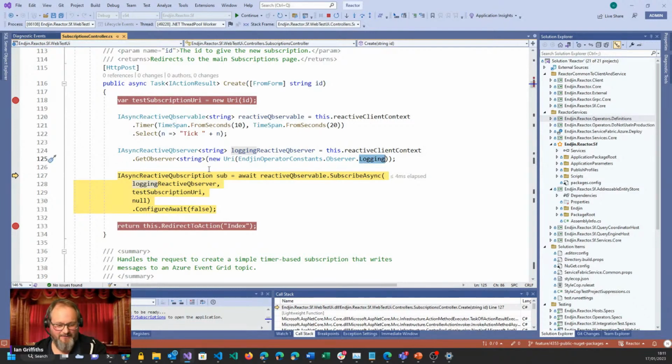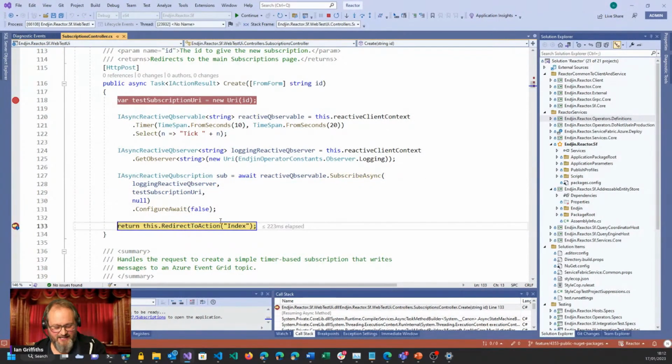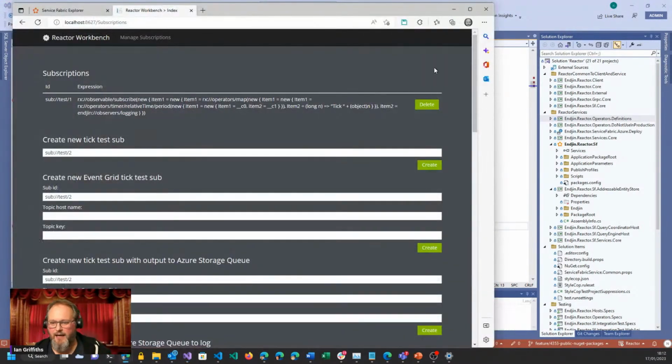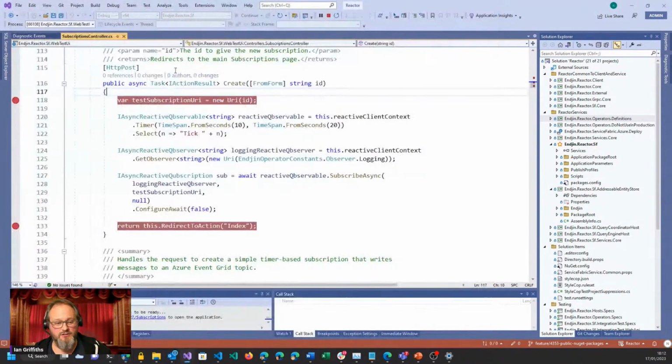It's actually going to write events to Event Tracing for Windows because I didn't want to complicate this demo by having to set up a load of things like event grids and event hubs and so on. So this is just working entirely inside the query engine. And then I'm going to say, okay, I'd like to subscribe this observer to this observable. That happens here. And as soon as I do that, that sets the thing up and it should be up and running.